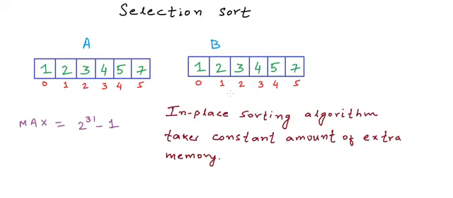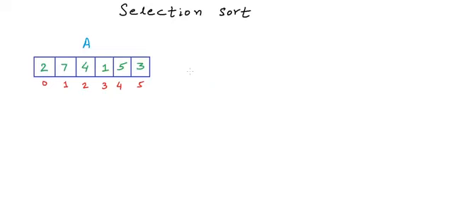We can do something similar where we will select the minimum element at each step, but we will not have to use this extra array, this extra memory, and the algorithm will be in place. I have drawn this unsorted list again. What we will do now is, once again we will look for the minimum element in the array. So we will scan the whole array to find the minimum. The minimum in the array is 1.